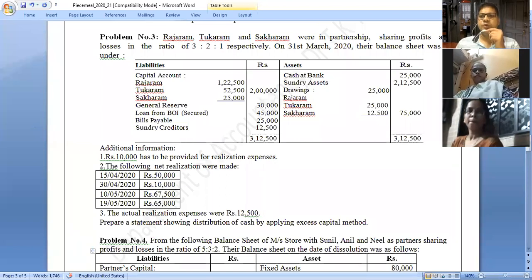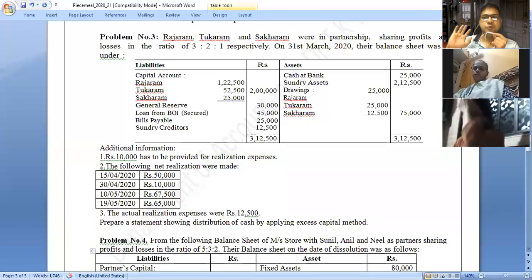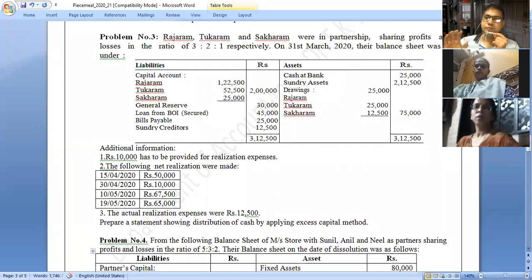One thing you have to keep in mind: whatever problem I solve today, you have to study the same solution the same day. Don't keep it until 2 or 3 days are over. Solve it directly today. There is no problem, you have the whole night. If you sit hardly half an hour, you can easily solve this sum. So keep these things in mind.